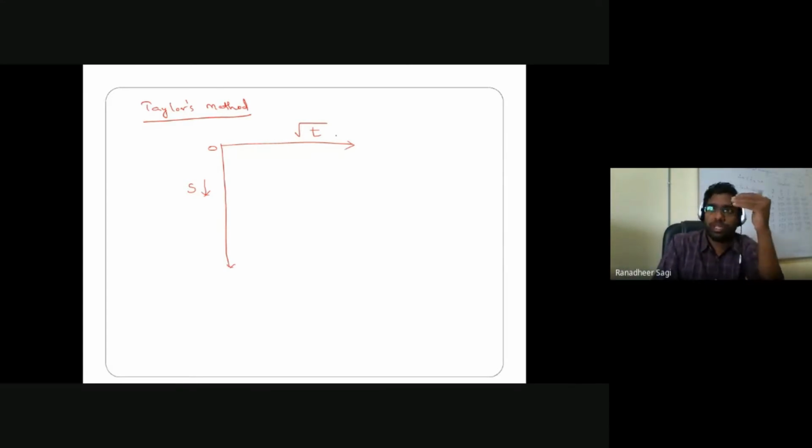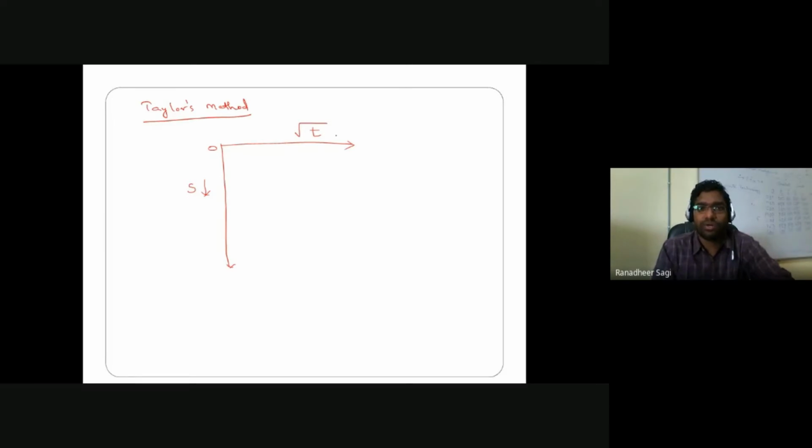When you measure compression or settlement in the soil for an applied load increment, the time intervals at which you measure are, as I told you, standard time intervals. They are: 0th minute, 0.5 squared, that means 0.25 minutes, 1 squared, that is 1 minute, 1.5 squared, which is 2.25 minutes, 2 squared, at the 4th minute, 3 squared, the 9th minute, 4 squared, 16th minute, 5 squared, 25th minute, 6 squared, 36th minute, 7 squared, 49 minutes, 8 squared, 64 minutes, and likewise. That's how the standard time intervals are at which you note down your consolidation test data.